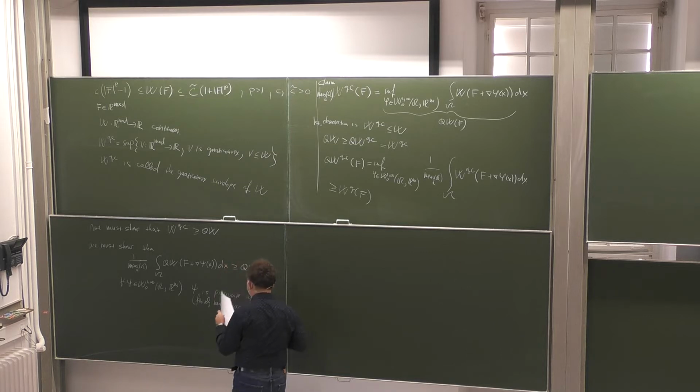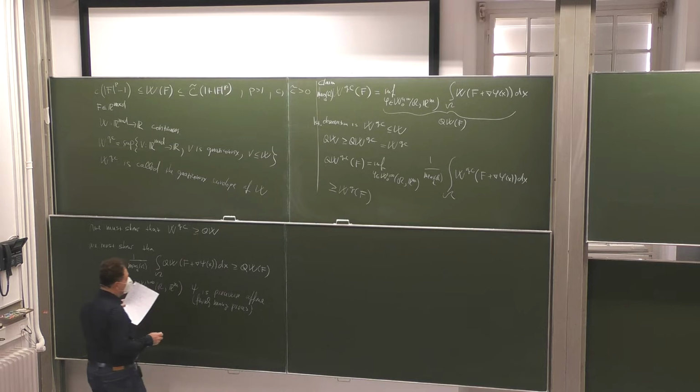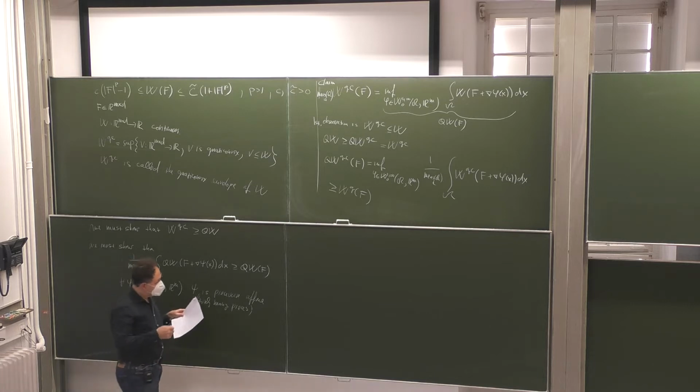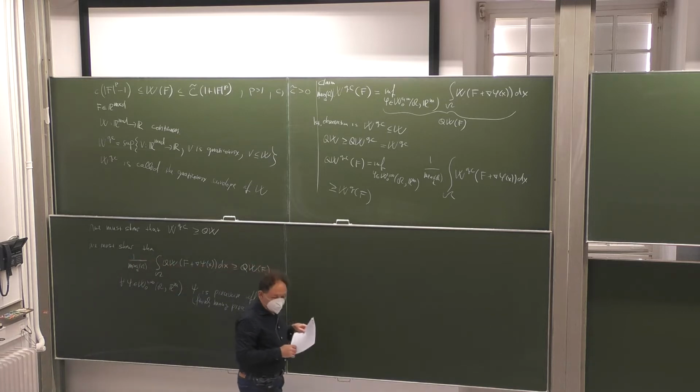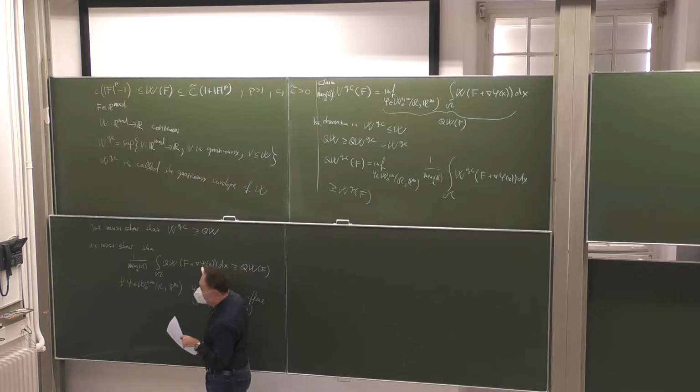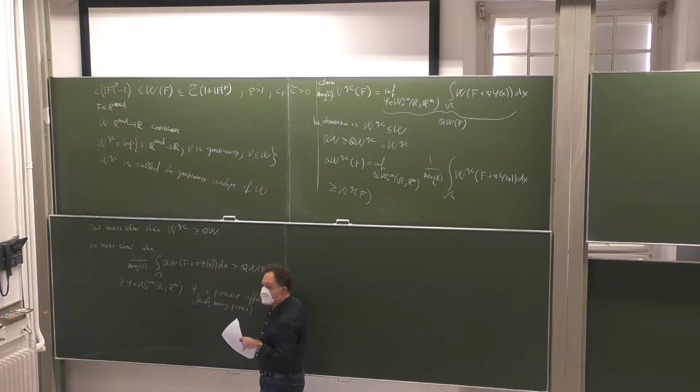So now we want to take the infimum over the left-hand side, and we want to show that this is bigger or equal than Q of W of F. Because if I take the infimum, then I would know that I can take some representative from here, such that if I add a bit here, then already the left-hand side will be below that, from the definition of the infimum.